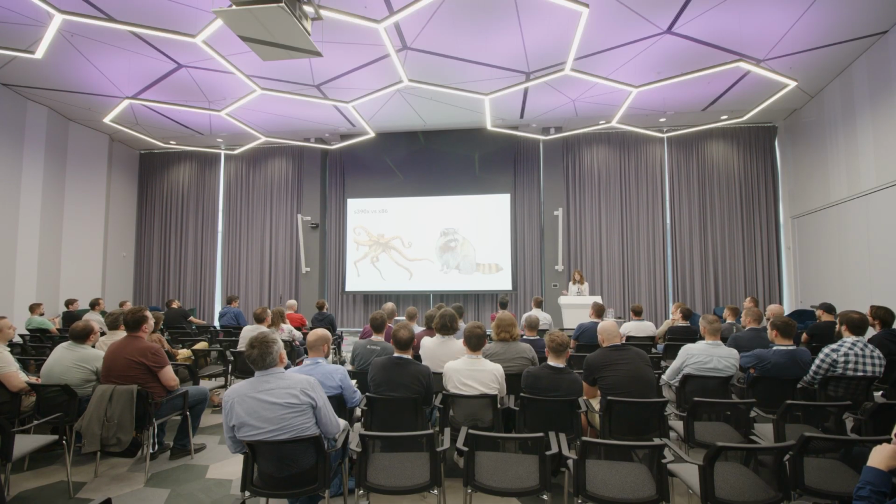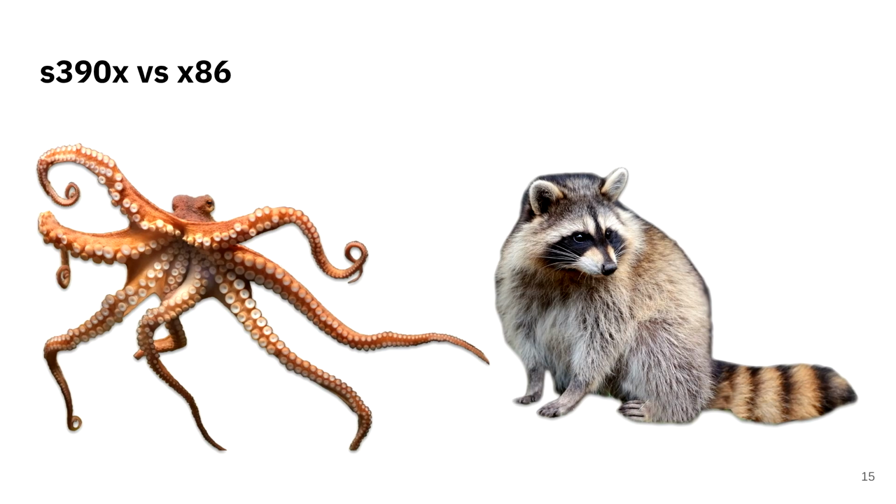Before we do that, we have to take one quick detour. A big differentiator on the software side of things, and a bit of an initial hurdle, is the systems architecture. Similarly to how a lot of things didn't work, or to some extent still don't work, on Apple Silicon, we have a different system architecture on mainframe, which is S390X. The first draft of this slide was just a table side-by-side comparison of the different features, and I thought that's really boring. I don't think anyone will pay attention to that. So I'm trying to explain it with an animal analogy.